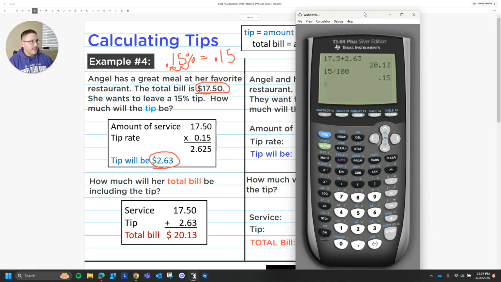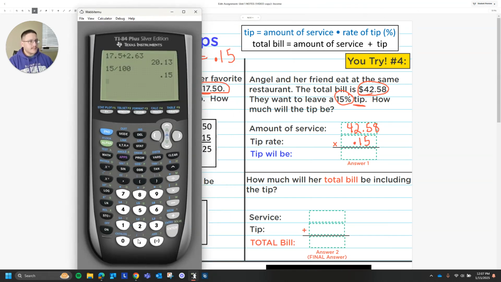Multiply those two numbers together. 0.15 times 42.58. We get